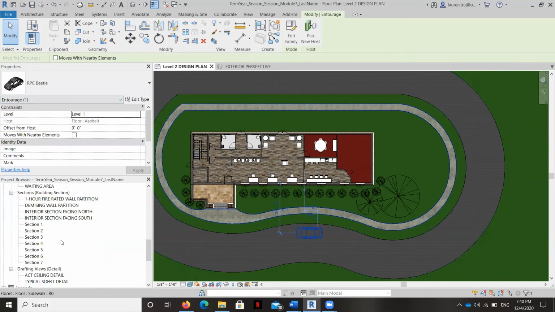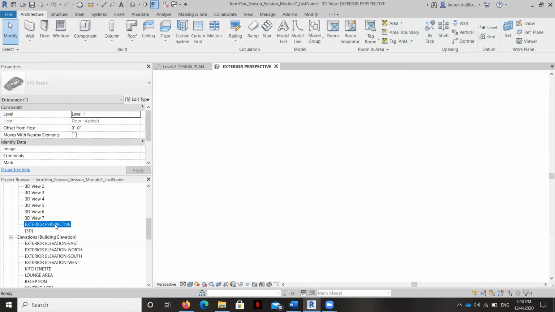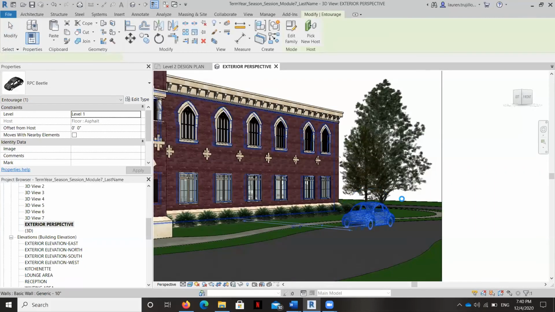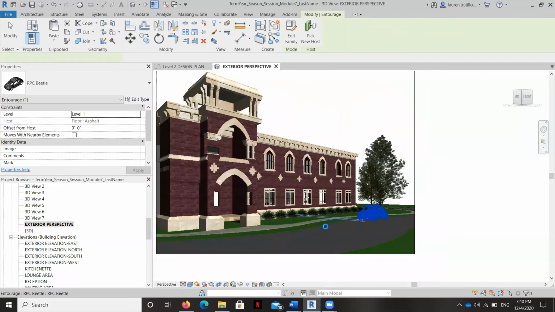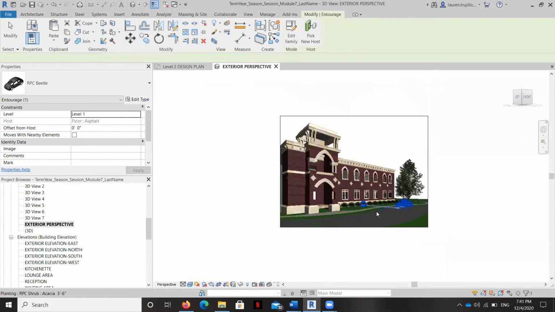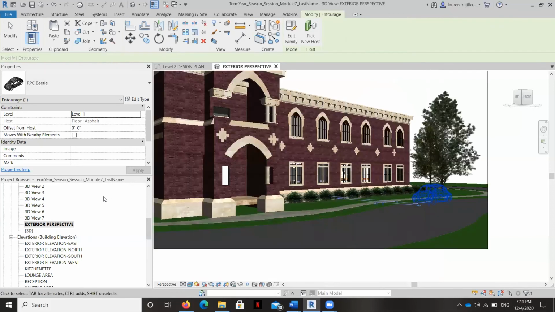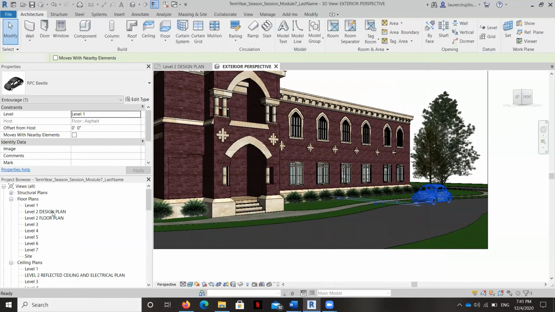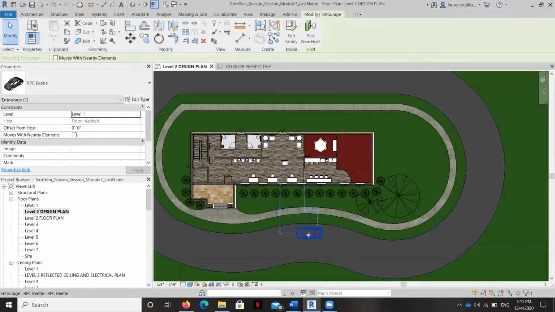Let's take a look at it once more. Okay. So there's our bug. I'm actually going to bring it just a little bit closer in the view, because again, I don't want it to look so far away, but I also don't want it to be distracting. I mean, it is yellow after all.